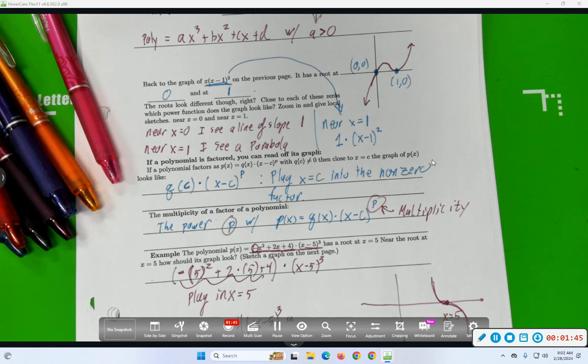There are two bullet points I'm going to put down here. Near x equals c, the graph of y equals p of x is close to